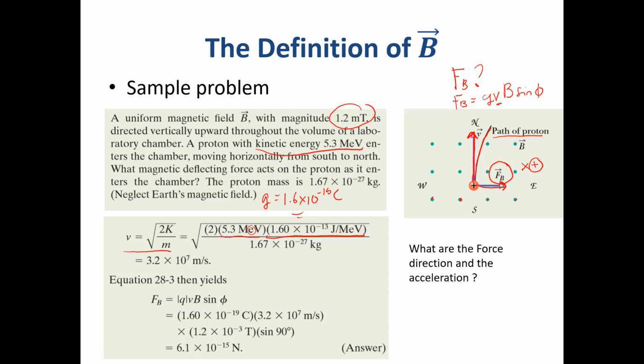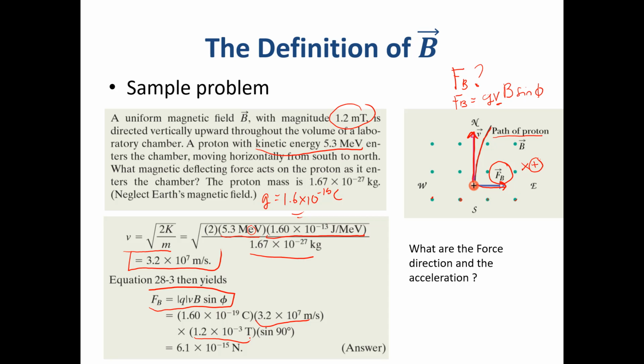And then the m is the proton mass, 1.67 × 10⁻²⁷ kilograms. So we can get the v is 3.2 × 10⁷ meters per second. So after we find the v, we can use this equation: F_B = q v B sin θ. So we put the q, 1.6 × 10⁻¹⁹ coulomb, and then v here, and then the B, 1.2 millitesla, and this is sin 90 degrees, the angle between the v and the B, and we know that